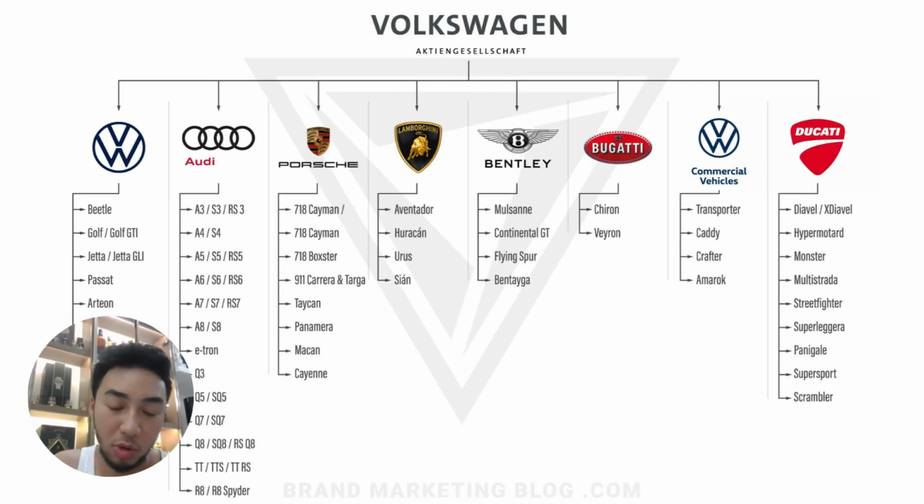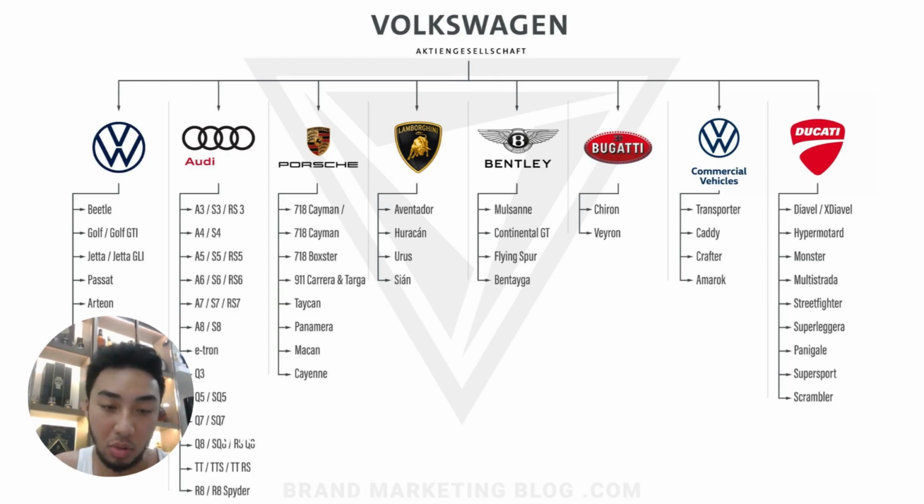Within those brands, there are still a lot of models to choose from. For example, Audi offers everything from a small compact car like the Audi A3 to a very expensive luxury limousine like the Audi A8 or even a supercar like the Audi R8. So simply put, within a brand, there are still a lot of models to choose from, which suits the needs